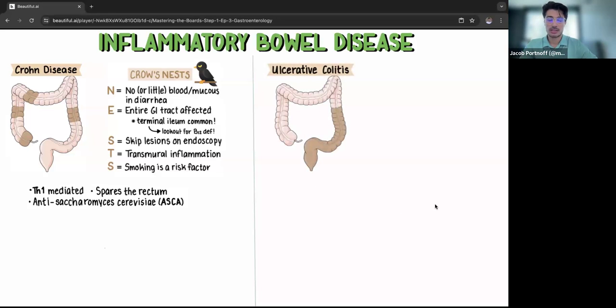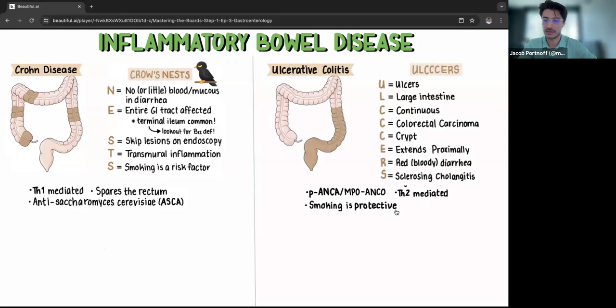So let's contrast that to ulcerative colitis, which you can think of in a fun mnemonic like this: ulcers. Okay, you're going to have continuous involvement that we talked about, right? This is going to involve the rectum, right? And that's why we're going to get our red, bloody, classic diarrhea, right? And it's going to extend proximally, and it's going to have associations with primary sclerosing cholangitis, which is where this